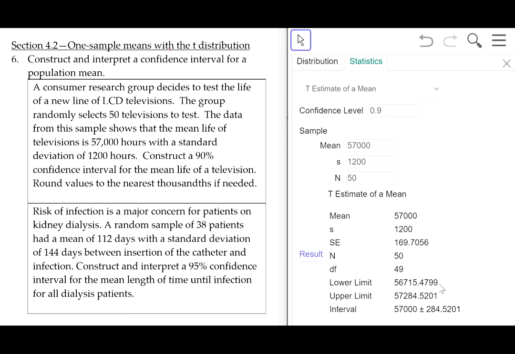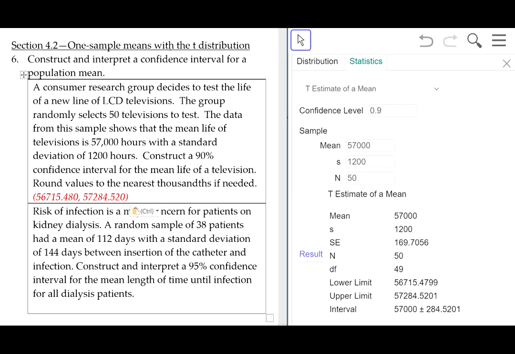Here's the lower limit of the confidence interval, 56,715.4799, and the upper limit is 57,284.5201. Rounded to the thousandths place, which is the third decimal place, we get 56,715.480 and